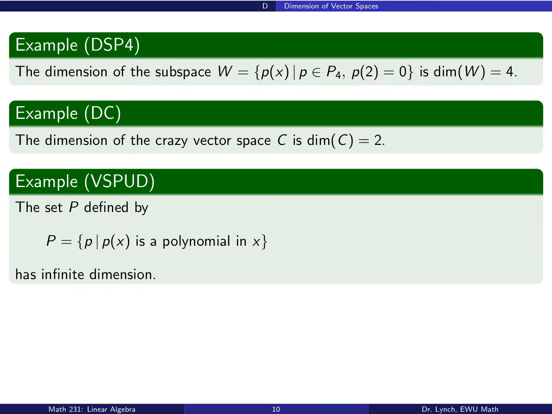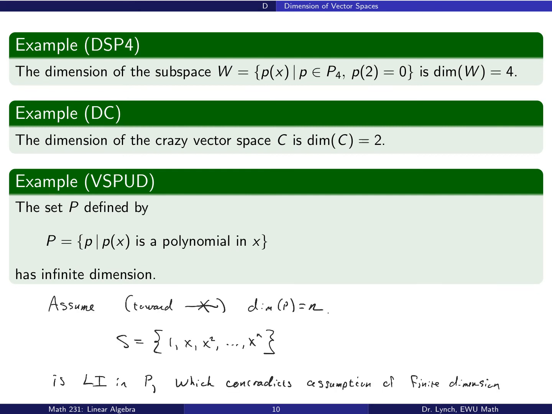The set P, defined as the set of all polynomials, has infinite dimension, and to see this, we can use a proof by contradiction, assuming that it has a finite dimension. Okay, if we assume toward the contradiction that the dimension of P is n,